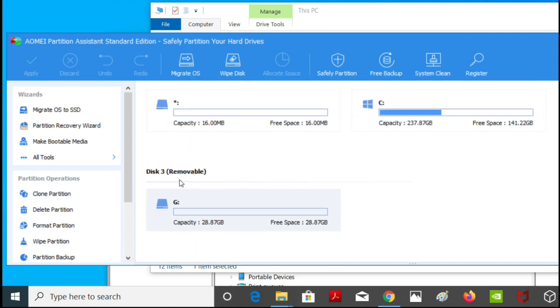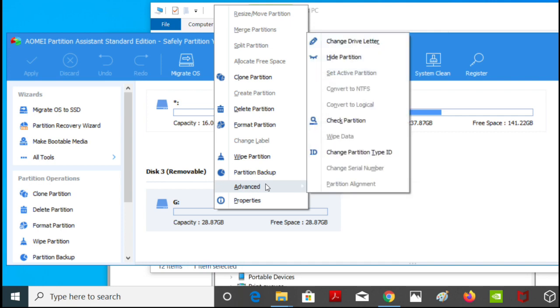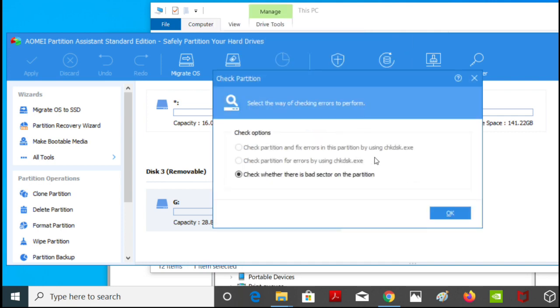You can see Disk 3, 28 GB, and it's a drive letter. It's definitely my pen drive. Give a right click on it, go to Advanced, and then select Check Partition. Currently two options are grayed out, not highlighted. So I'll go with the third option, but if it is not grayed out, you're going to choose the first